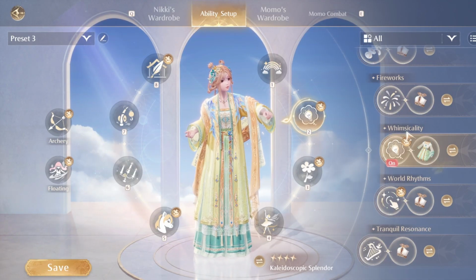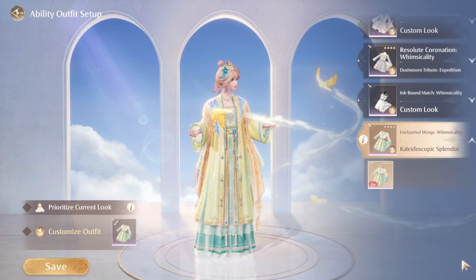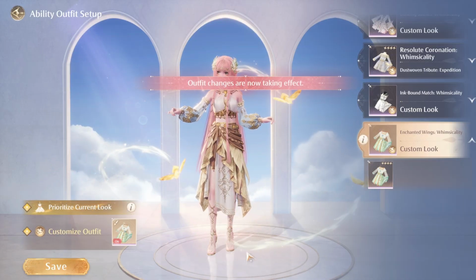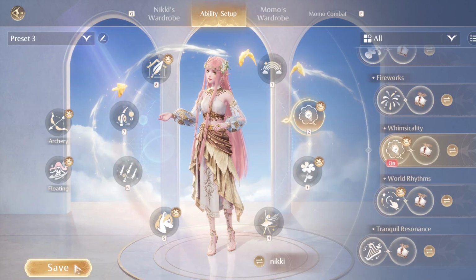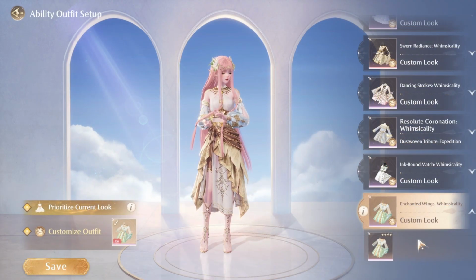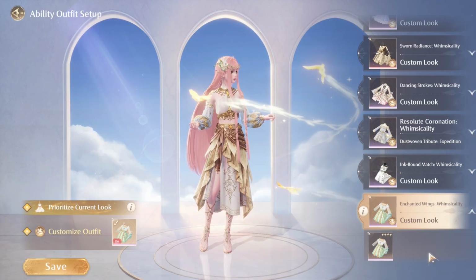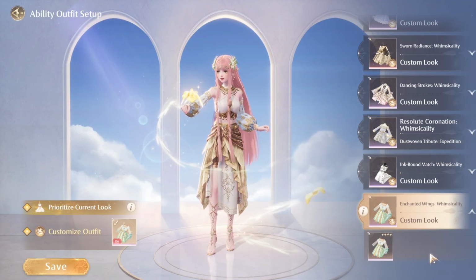Before you start switching through animations, open the Whimsicality menu and make sure both Prioritize Current Look and Customize Outfit are checked. That'll stop the red pop-up from appearing every time you change animations, which makes recording a lot smoother. Once those are turned on, you can go back into the menu, pick the animation you want, and start recording